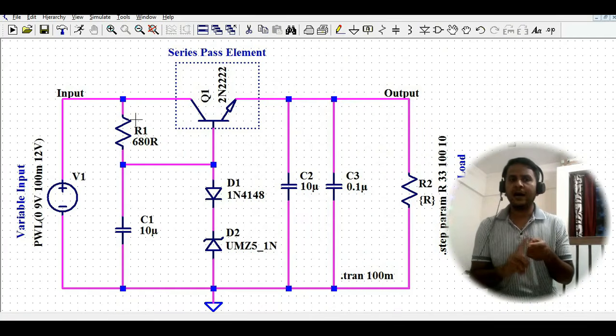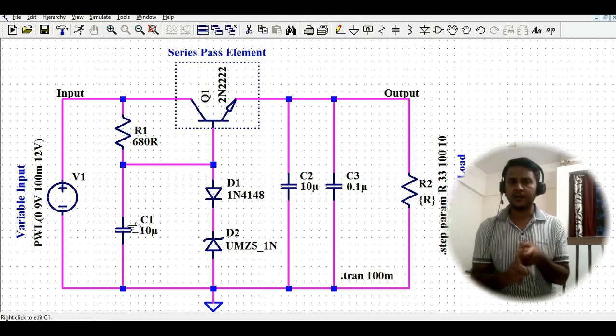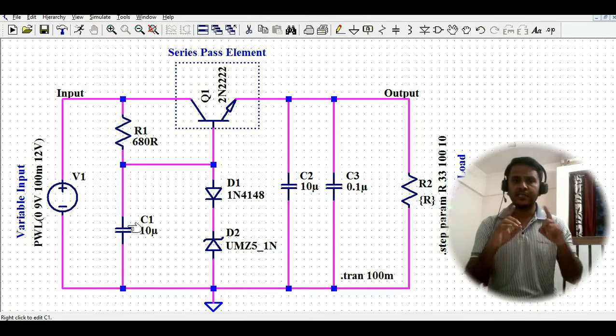Then I have the R1, that is 680 ohm, and that is the current limiting resistor for your D1, D2, and also the base of your Q1. And C1 is again the input noise filtering capacitor, and the value of this capacitor is 10 microfarad. Based on your use case you can choose, but for now in the simulation I'm using 10